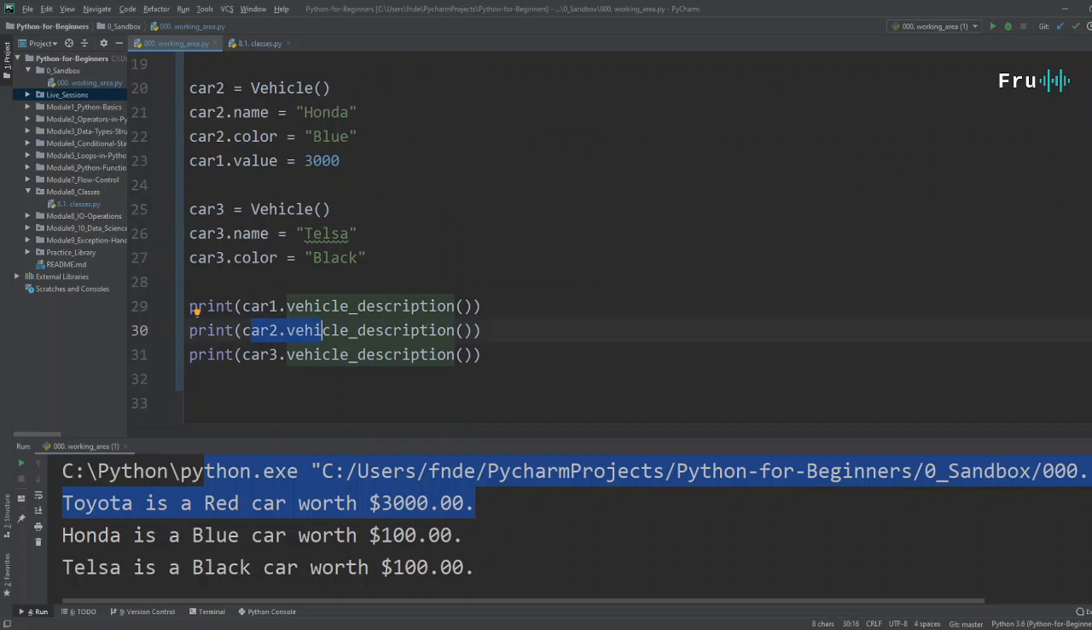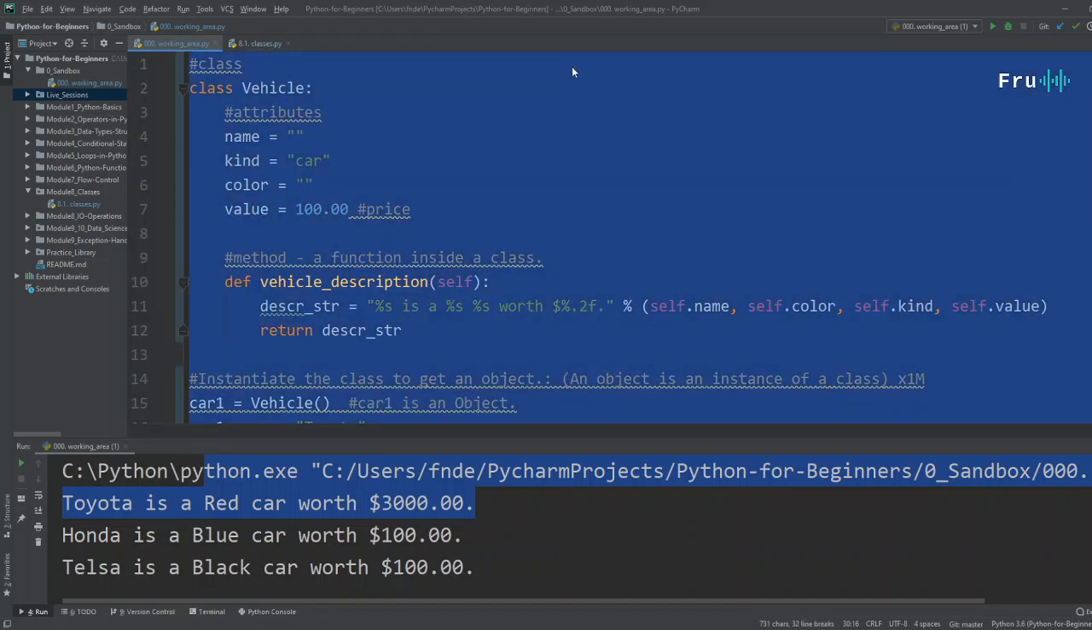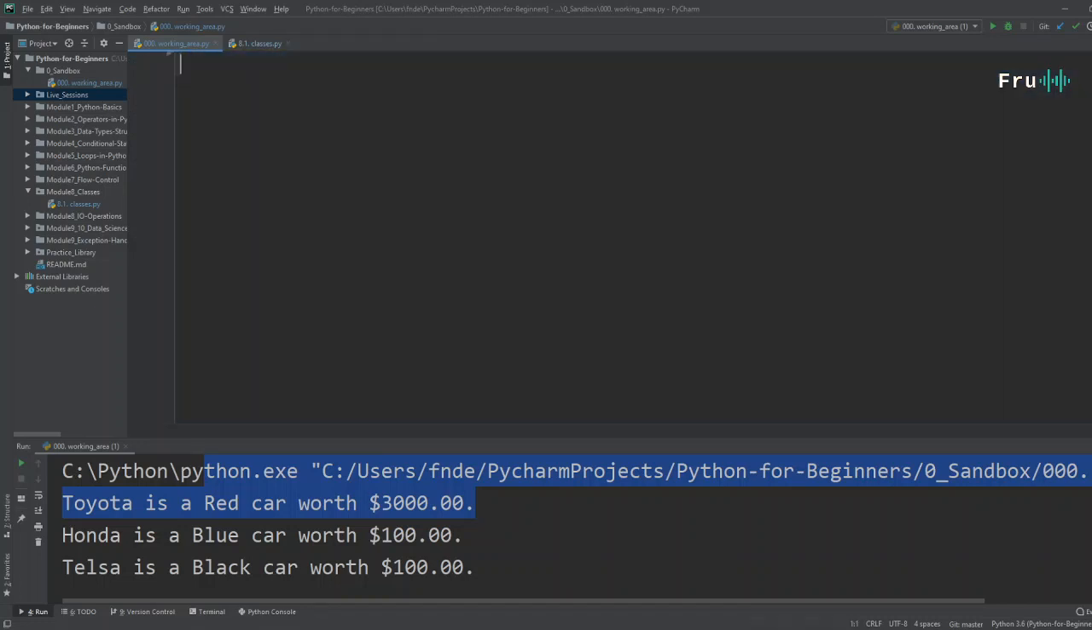So there you have it, defining a class. Now I'm going to cancel all of this because it's going to take us into the next module that we're going to look at for this. First of all, the module